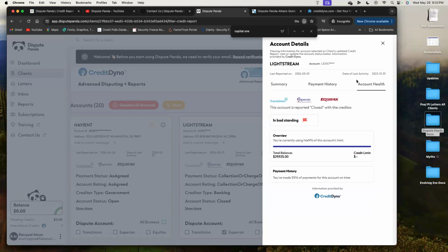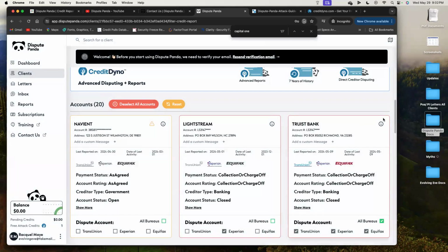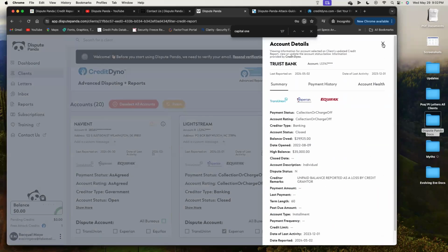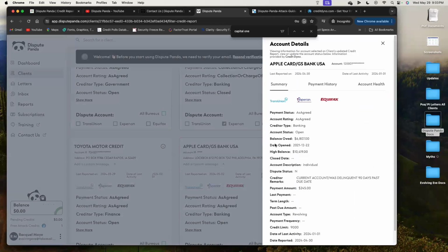Because life happens, y'all. And we have to be aware and be able to have that clear dialogue with our client in real time, right? When we come to the account health, we're able to go ahead and see how this person is managing this account. So obviously, when they originally started, the balance was $35,000. The balance now is $29,000. While we are going through the package and having a conversation, the utilization is very impactful, guys. Your client being able to have accessibility to funding or have the balance is necessary. They need to be able to use these cards and use them well.